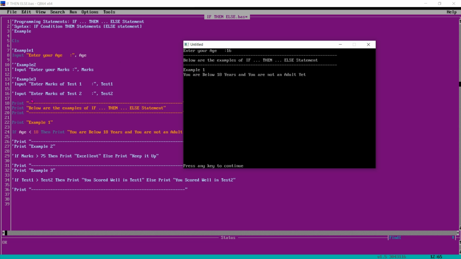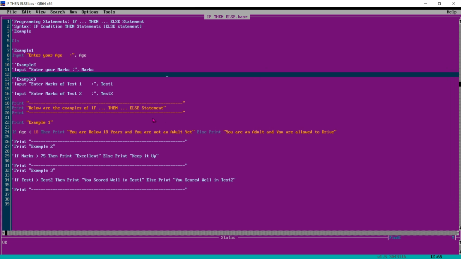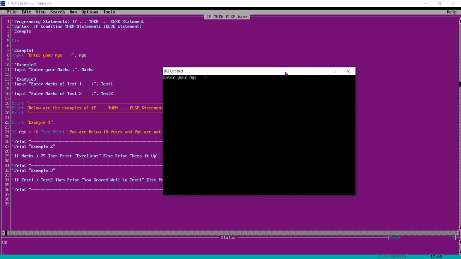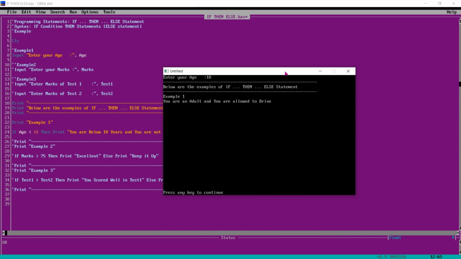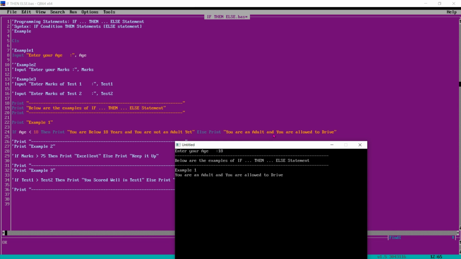So example 1 output here: if age is below 18, you are below 18 years and you are not an adult yet. It prints this line because this condition is true, right? Now again if I execute this and enter 18, then it prints you are an adult and you are allowed to drive, right?